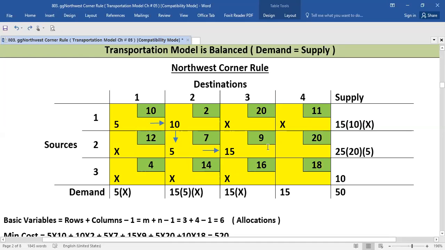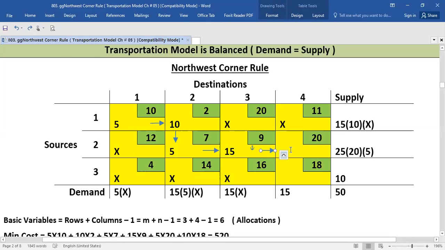Now you have easily understood where to move for the next allocation. Obviously, we will move to the right. We have no place here, and we cannot go back as the allocation is made. So you will move to your right in this way. You will put an arrow sign. This indicates that you are moving to your right.